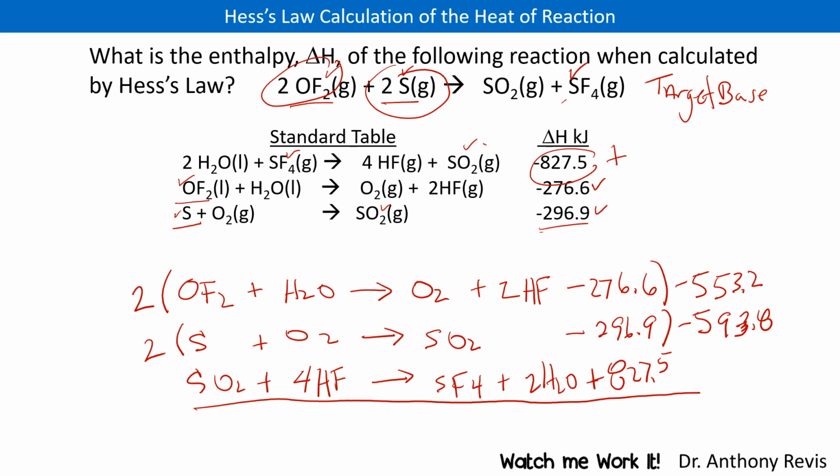and I'm going to check out my SF4. I have 1 SF4 and 1 here, so I'm probably in pretty good shape. All right, so when I do that, then that means I simply rewrite this number here, 0.5. Now I'm going to add these up, but